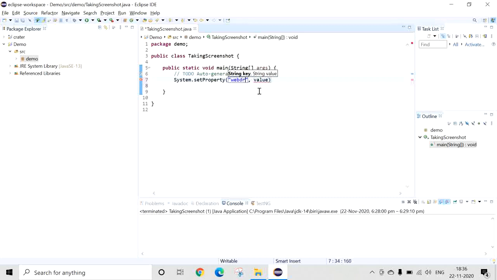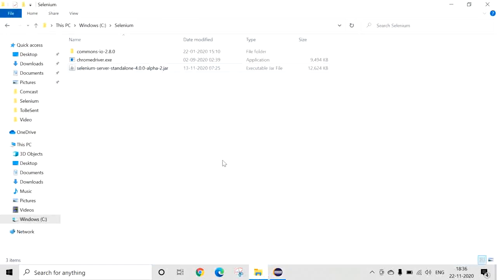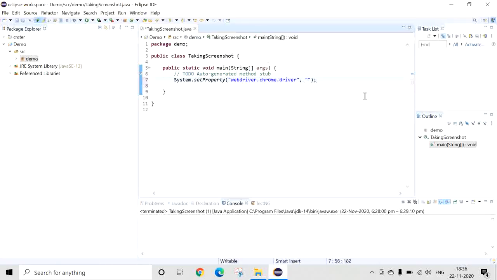You can say webdriver.chrome.driver, then give the path of your Chrome driver. Here I have stored it in the C drive. I will copy it and put it over here, then chromedriver.exe.